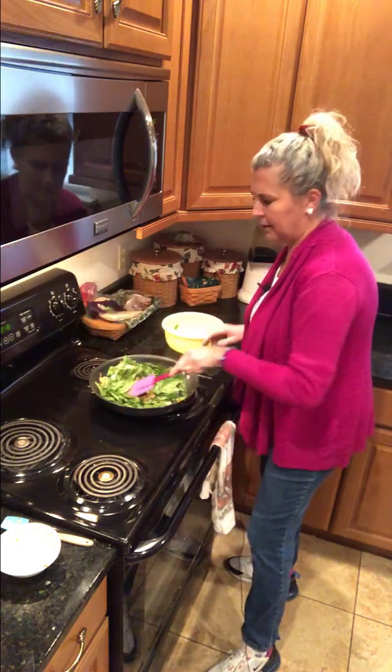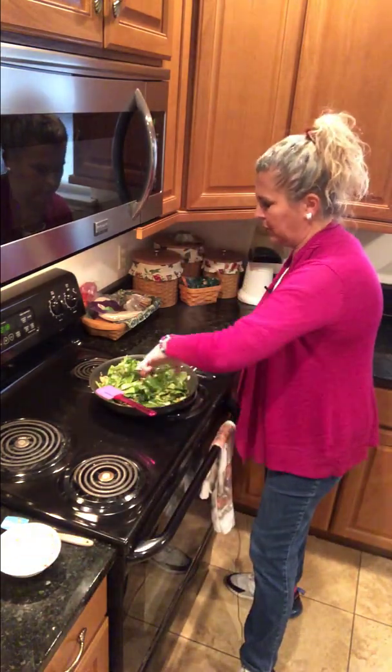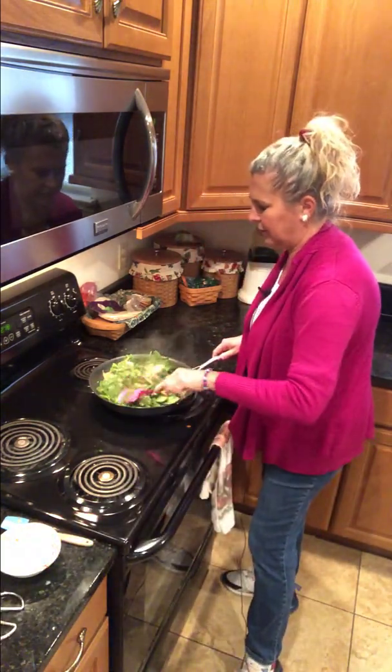And don't be concerned about the amounts. If you want more of something or less of something, cooking's really to taste. So enjoy what your family likes. If you really like garlic, put some more of it in. Less mushrooms, okay. But it's a very easy